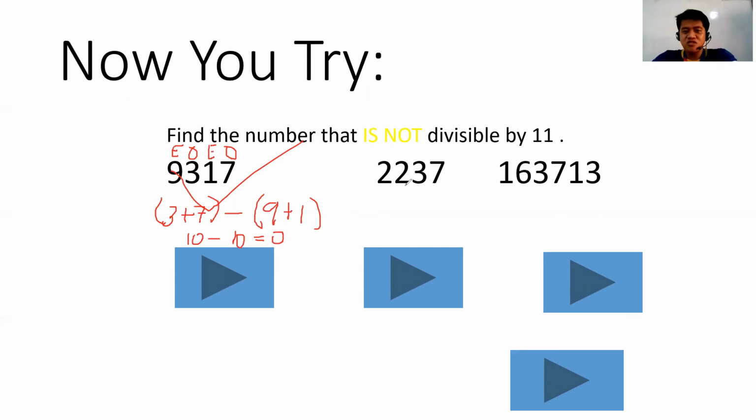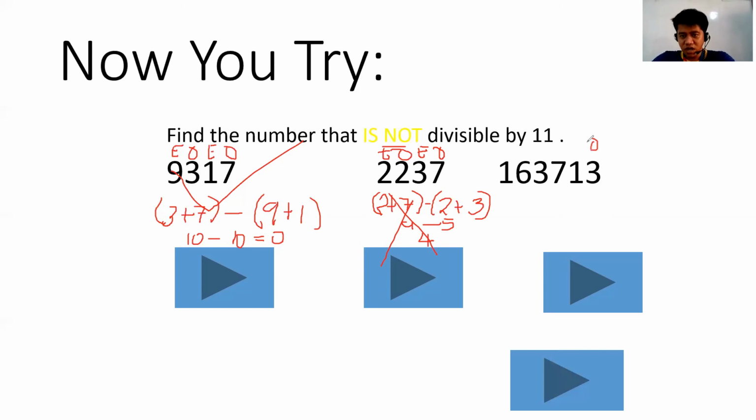Let's check. 2,237. Odd, even, odd, and even. Okay, all the odd numbers is 2 at saka 7. All the even numbers ay 2 at saka 3. 9 minus 5 is equal to 4. And 4 is not divisible by 11. So, 2,237 is not divisible by 11. Let's try